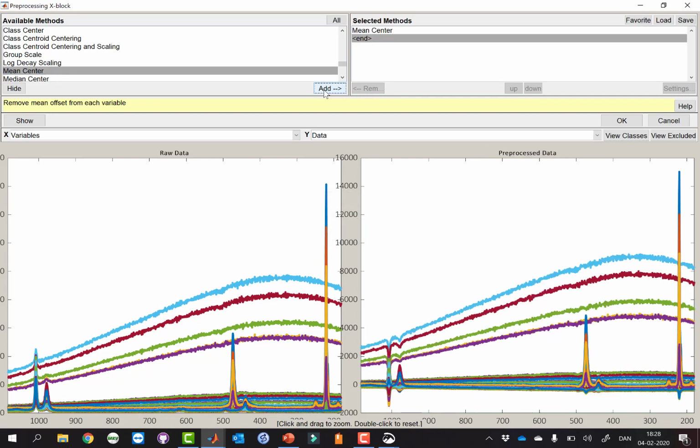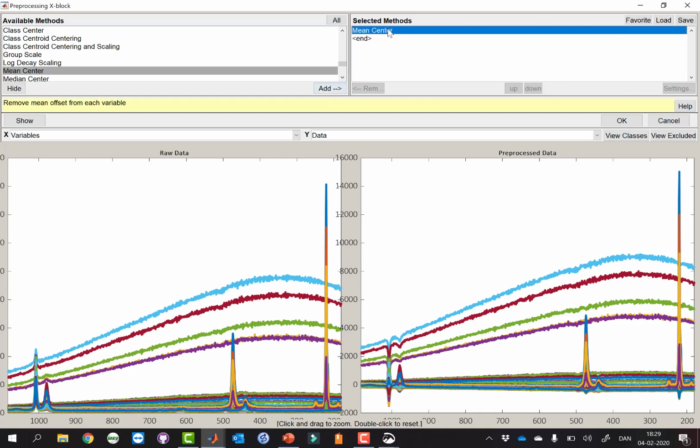So I'm actually just going to subtract the average profile. And you can see that after mean centering, this has not been simplified in any way, because mean centering would only work if there was the same baseline in every spectrum or in every profile. When the baseline varies from sample to sample, then mean centering really doesn't do the trick.